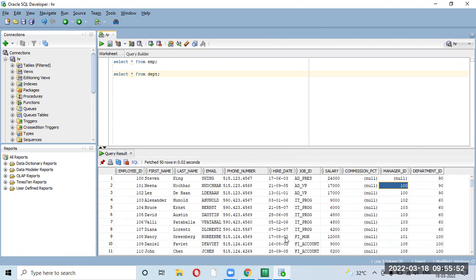Okay, so whenever you have this requirement that you want some column from another table and that column is not present in your current table, you will be doing a join. But you should have some common column with some common functionality, not just a similar data type. Syntactically you won't be facing any error, but functionally whatever you are doing is not correct.